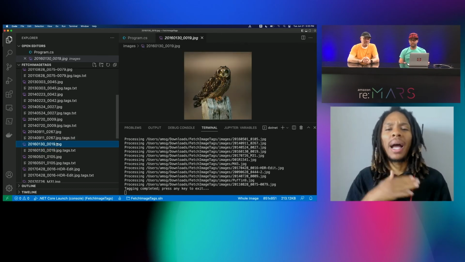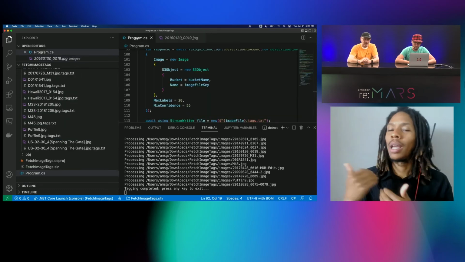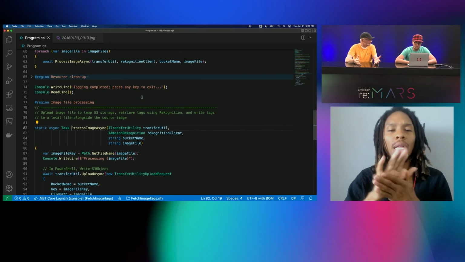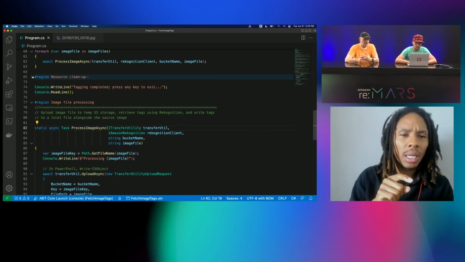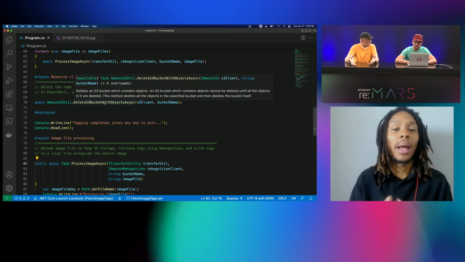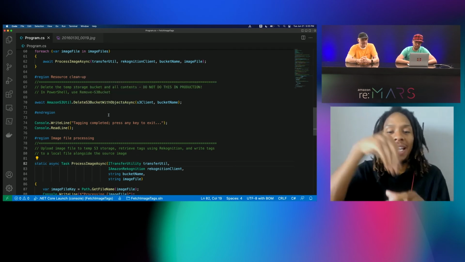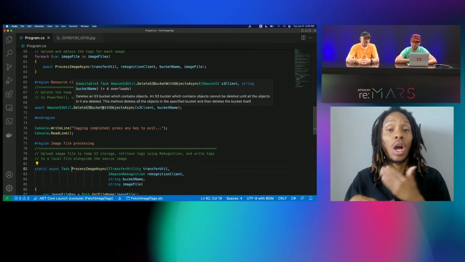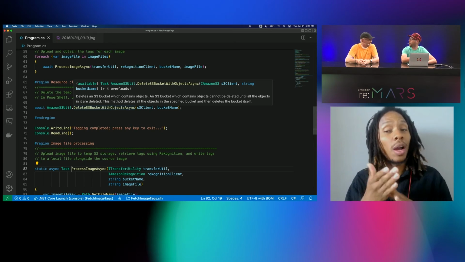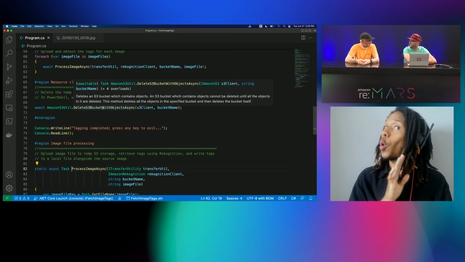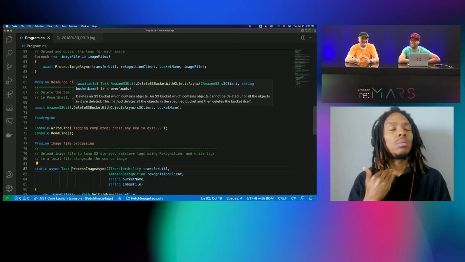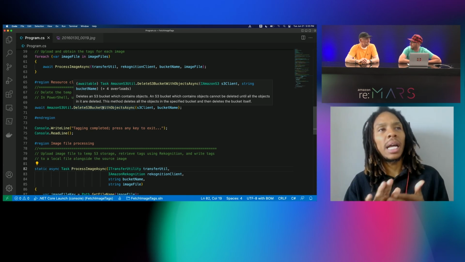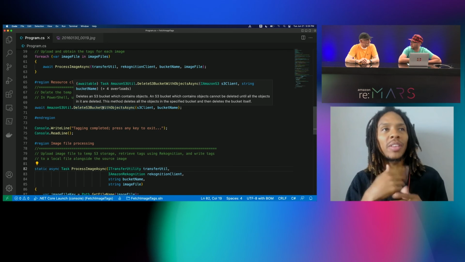And then I have one more tip for you. In the code, if you go back to the Program.cs file and scroll back up to the resource cleanup, we created that temporary bucket, right? I don't want it anymore, so I'm going to delete it. But you can't delete an S3 bucket unless you delete all the objects first. It's got to be empty. Well, the .NET SDK has a very handy utility that deletes the bucket including all the objects for you. Now, I do not recommend you run this against a production bucket. Please do not do that or say that Steve told you to do that. But for your own temporary buckets, this is a handy little trick to have. You don't have to figure out what objects are there. It'll figure that out for you.